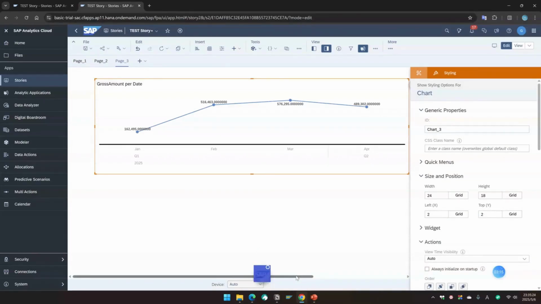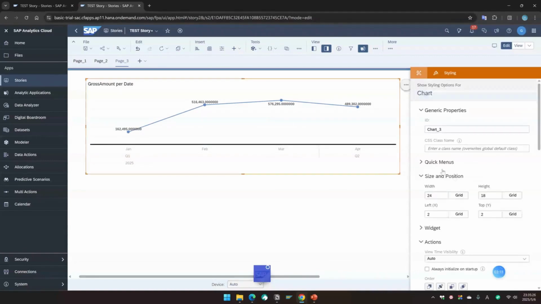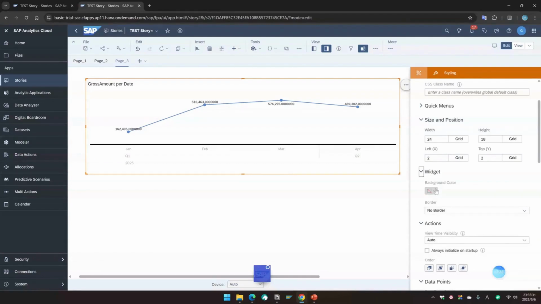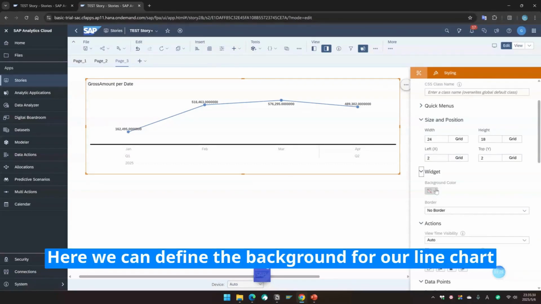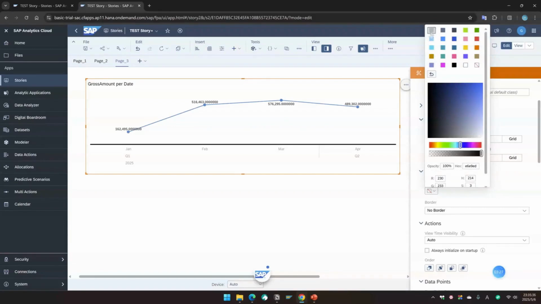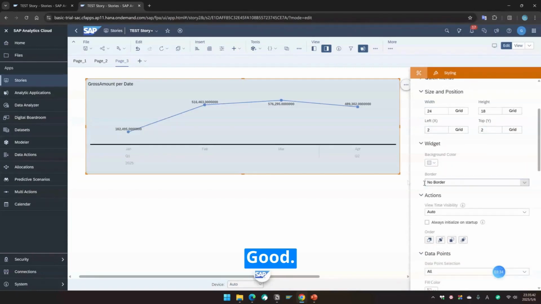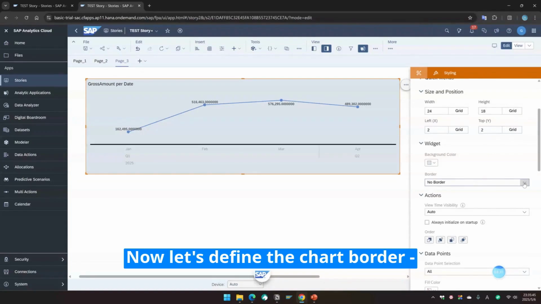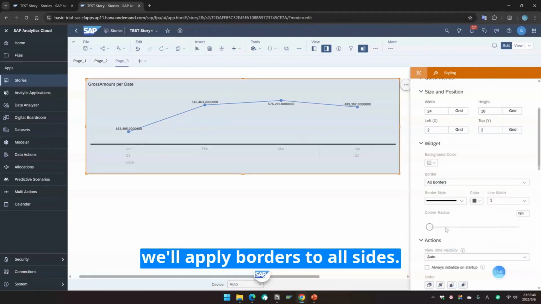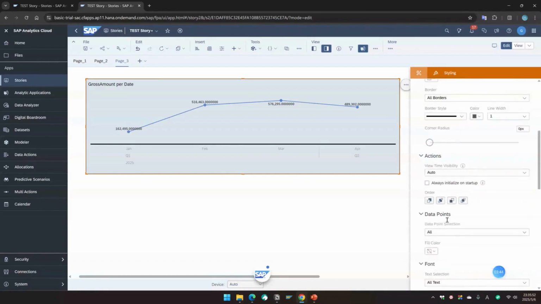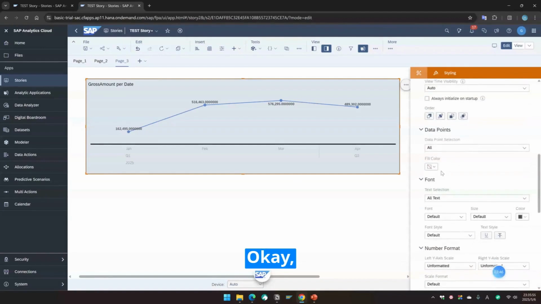OK. Let's move downward. Here we can define the background for our line chart. Good. Now let's define the chart border. We'll apply borders to all sides. OK. Moving further down, let's select our